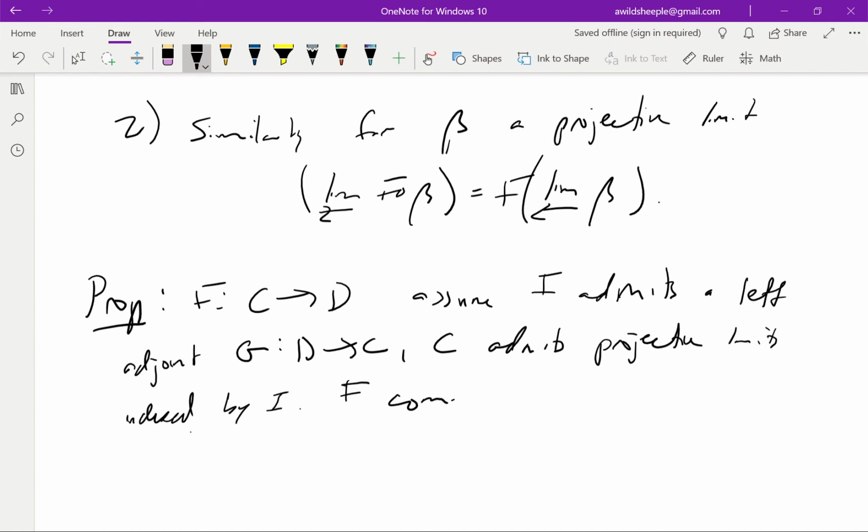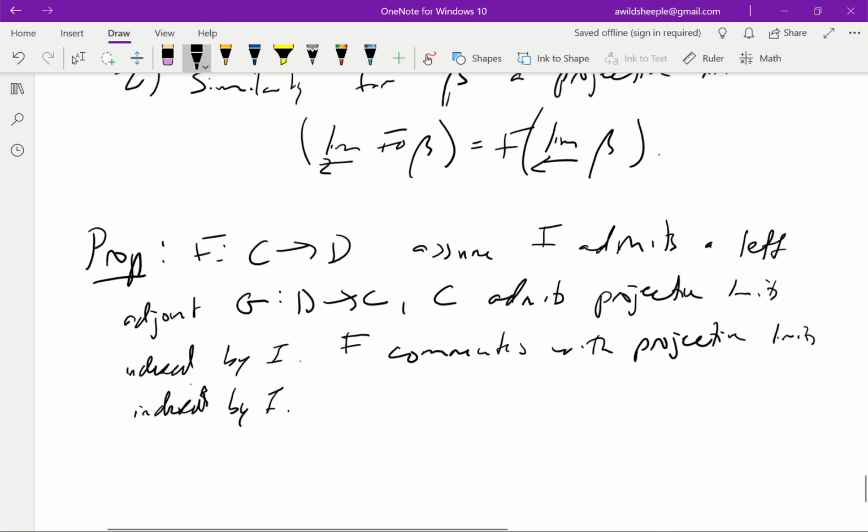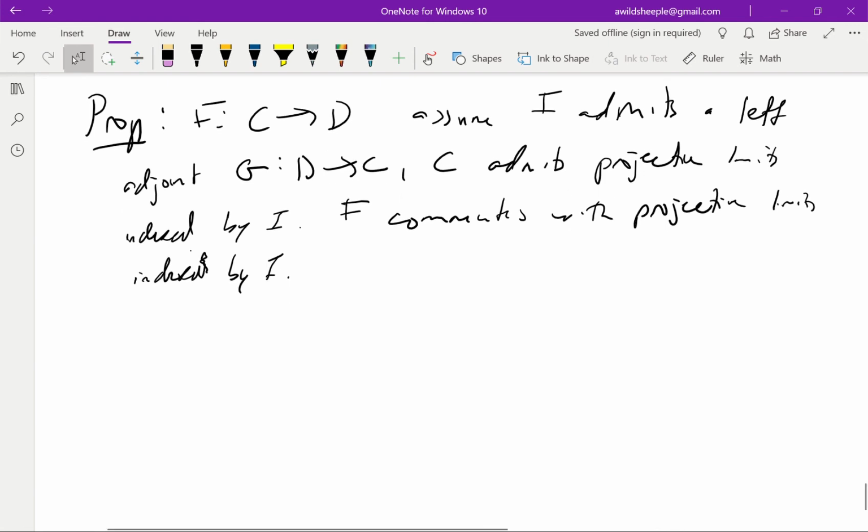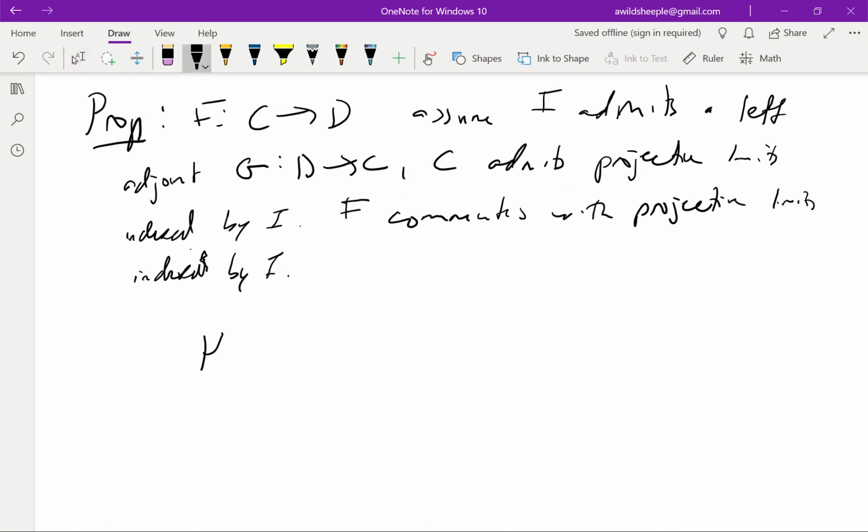F commutes with projective limits indexed by I. Whoa, that got really squiggly. Sorry about that. Okay, the proof is very straightforward. This is the cleanest calculation we've done so far. We start in D, and we look at